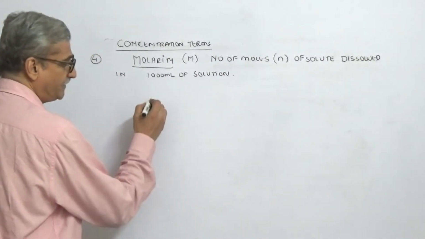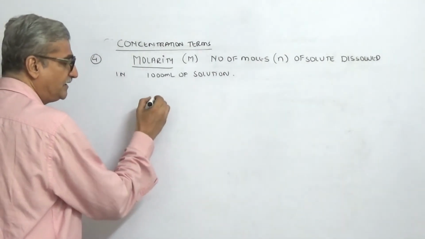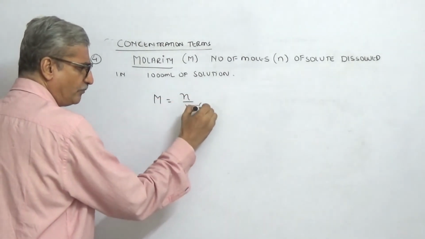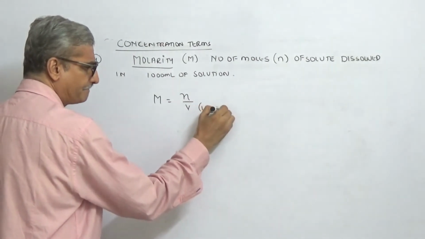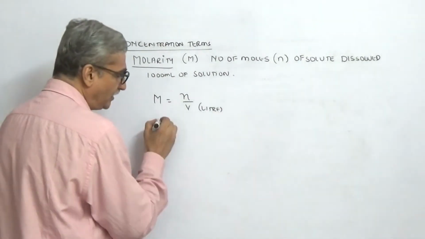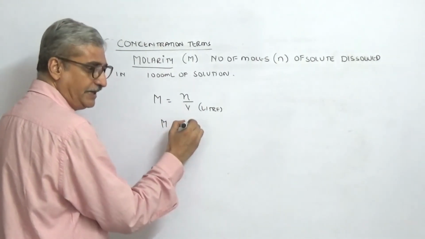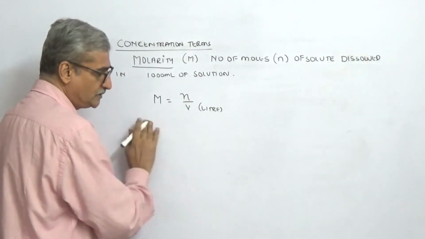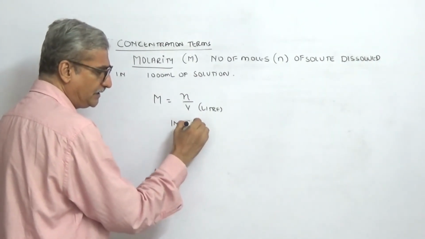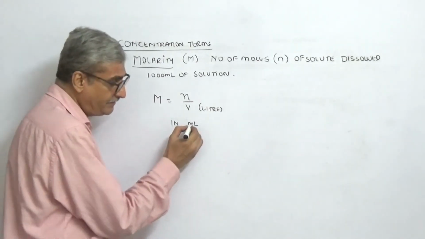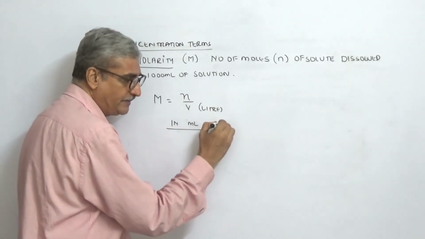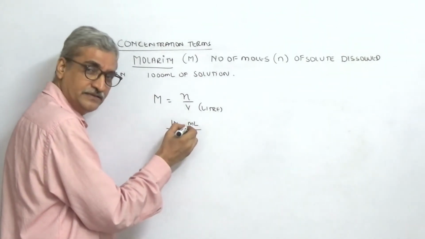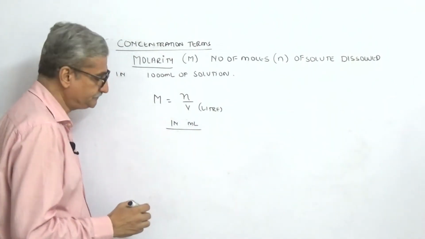So now, if you take in terms of liter, the molarity M will be N by V provided volume is in liter. Okay, or what is N? N is number of moles, weight. So we have one more shortcut. If you have volume in ml, देखो कैसा मैं लिख रहा हूँ, m is small, L is capital, because people tend to write ml like this. It is wrong. M is milli, correct, and then liter is capital L.